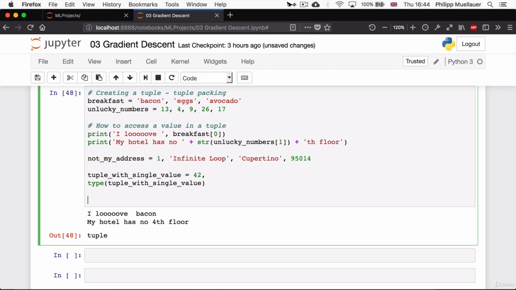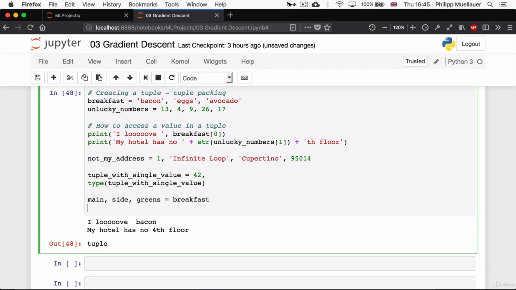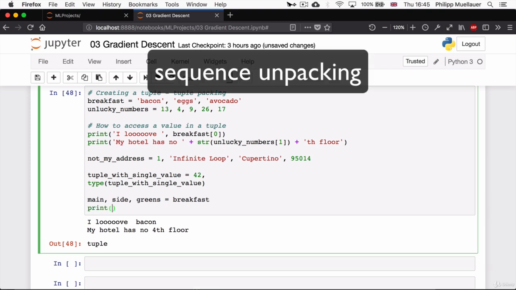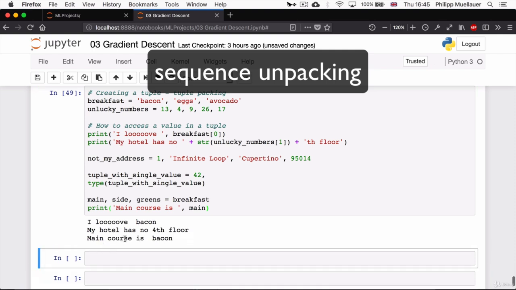Now it's time to come full circle. We've packed a bunch of values into a tuple, but we can also do the very opposite. We can unpack these values as well. So if I take my tuple, breakfast, and I want to grab the values that are stored inside this tuple and put them into some separate variables, I can do that by writing, say, main, comma, side, comma, greens is equal to breakfast. And this is called sequence unpacking. So if I print out